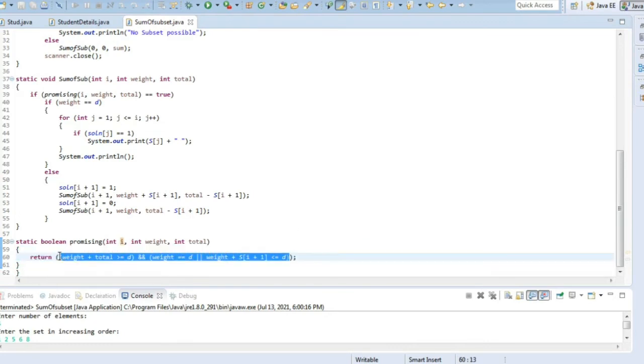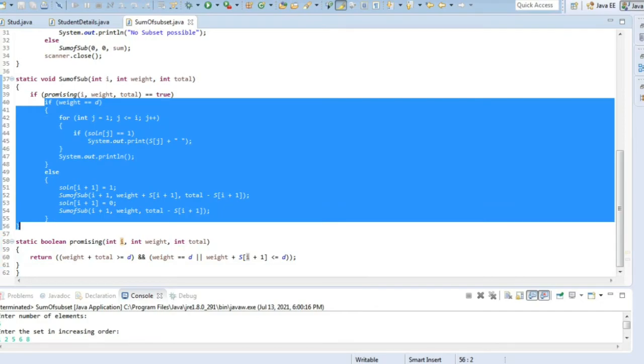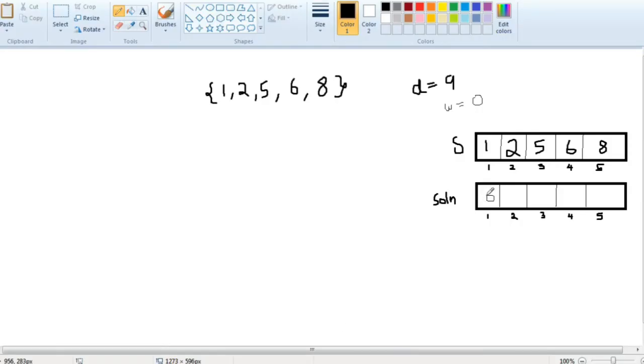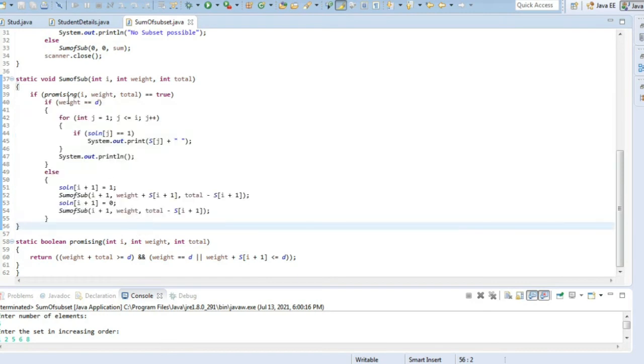If it returns false, we mark it as 0 and compare from the next element. In our case, it will return true, so here I will mark 1. So we have selected 1 now. Then it will check if weight is equal to d. Weight is 1, it's not equal to d.